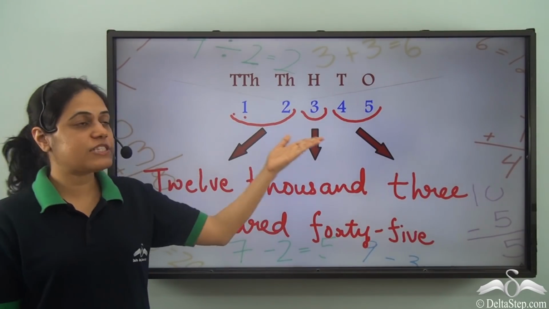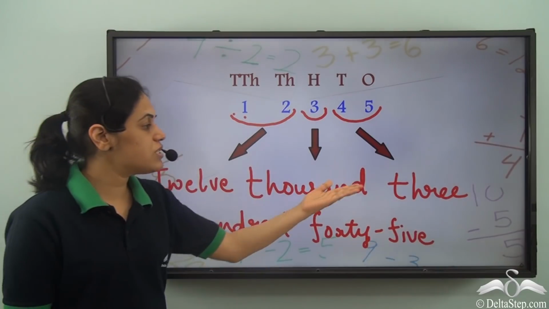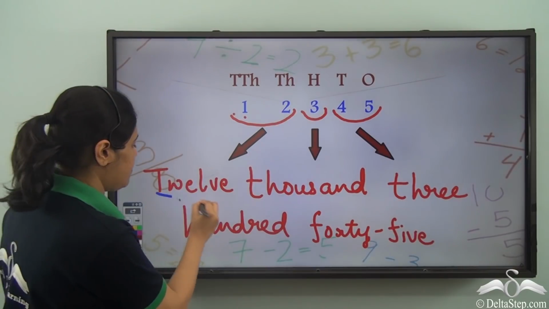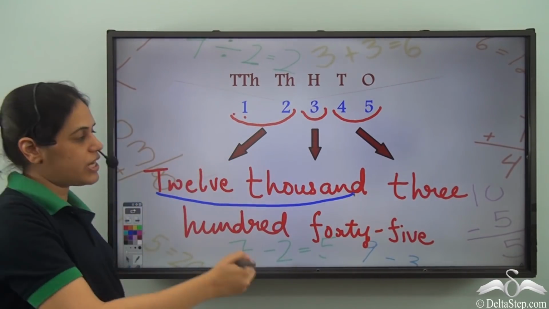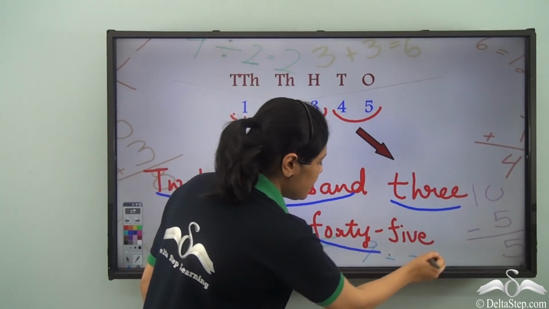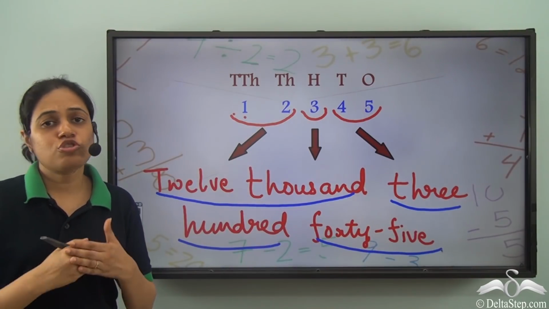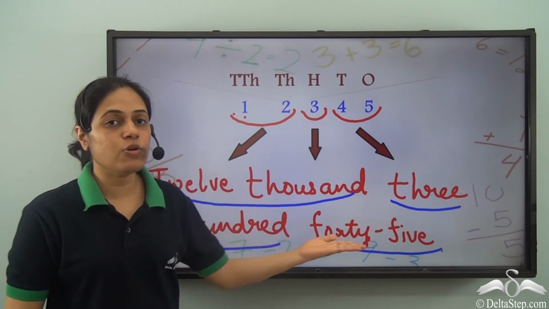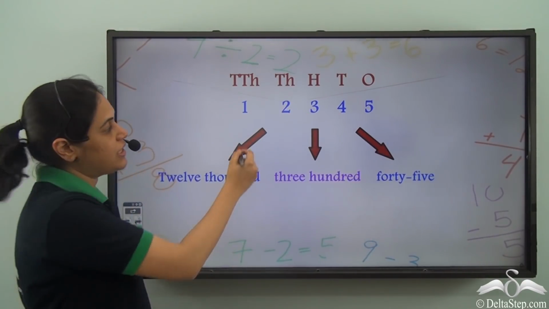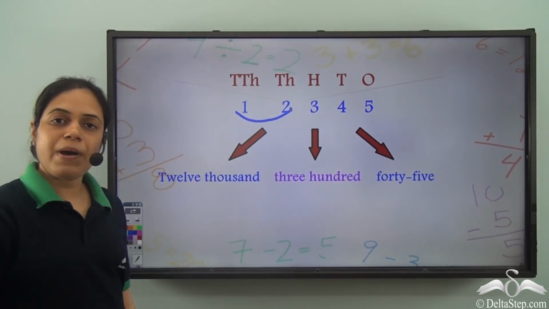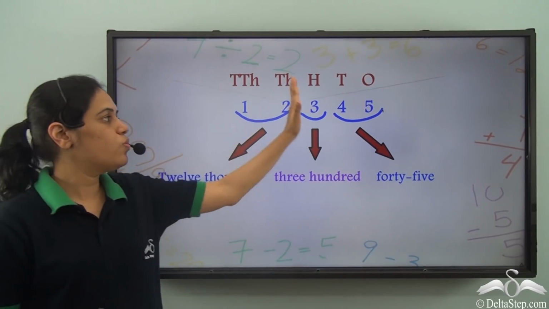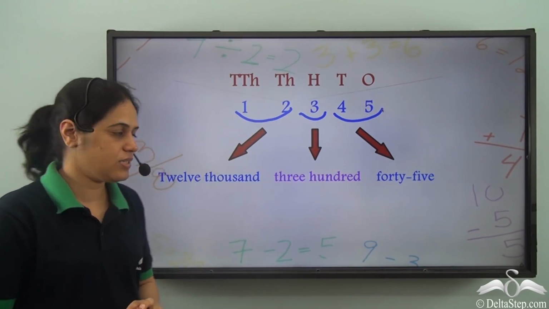So the number name of this 5-digit number is 12,345. So it has 3 components. 12, which comes from these two taken together. The second part, which comes from this 3, and this is the third part. So don't get scared by looking at this huge name. It is actually very simple. We just need to segregate the number into 3 parts. First by taking 2 numbers, then 1, then 2. So 2, 1, 2. This is how you segregate it.